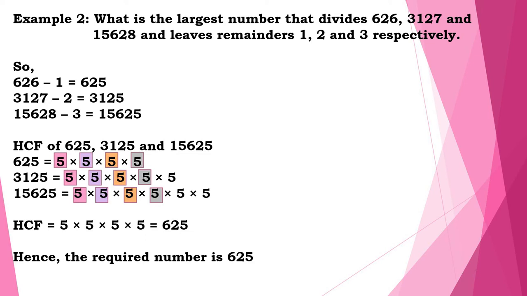Alright. So here students, you have to pay attention that you have to find a number which is getting divided, or you have to find the number which is dividing. Okay, so if you have to find a number which is dividing, you have to find the highest common factor. And if you have to find a number which is getting divided, or is divisible, in that case you will find the LCM, that is lowest common multiple.